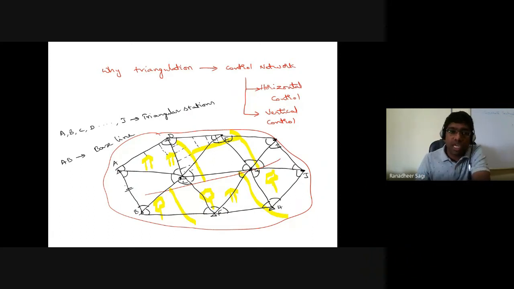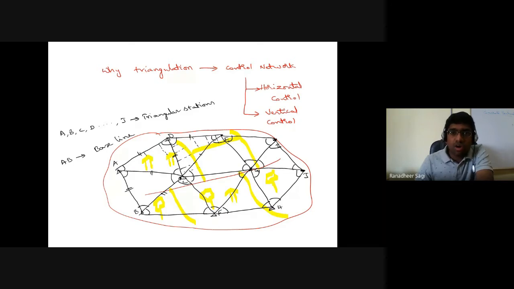So by making use of those angles, I am going to calculate the lengths of the other unknown sides in that particular triangle. I'll find out the length of line AC and the length of line BC. Likewise, another triangle: if I am looking at triangle ACD, then I already know the length of line AC, which I'll call the known length, the dimension of one side of the triangle ACD. The internal angles between the different survey lines in the triangle are known. Then I can find out the lengths of the other control lines existing in that particular triangle network.